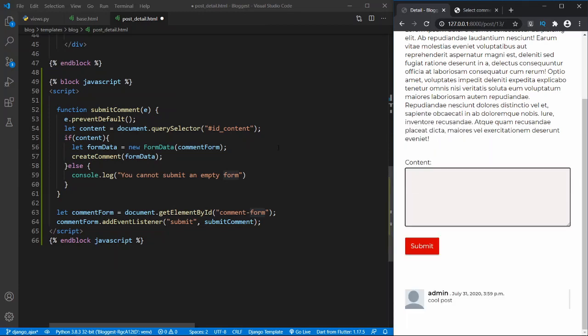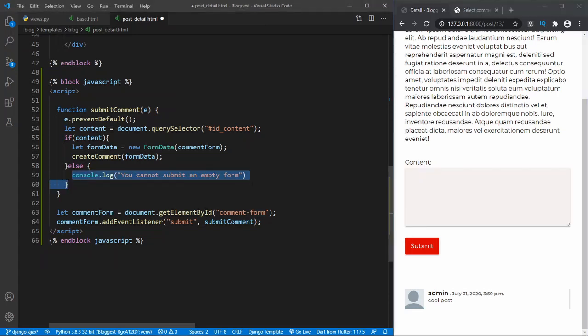So the reason I got that was because I wanted to do a check. I want to only create a comment when this text area is not empty. So I'm checking over here: if there's a content, do this, else prevent the user from submitting. Now over here, we could actually put a message in the UI, but I'm just using a console.log statement